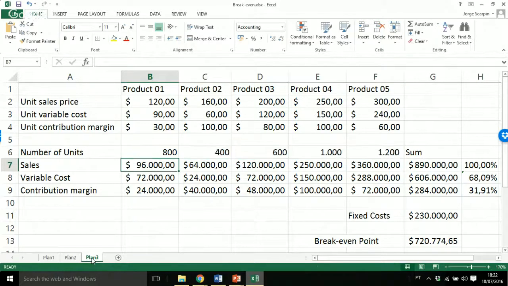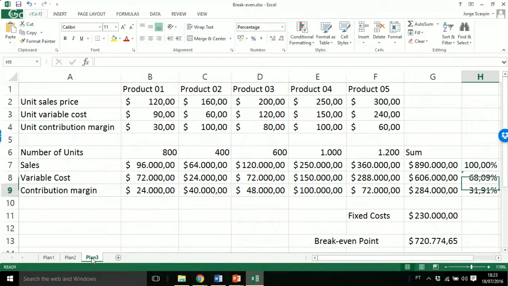And then our sales, unit sales price times number of units, in this case 96,000. Variable cost, unit variable cost times number of units. And contribution margin, sales minus variable cost, for each one of our 5 products. And we have a sum of it. Sales $890,000, variable cost $606,000, contribution margin $284,000. So the same formula as before,